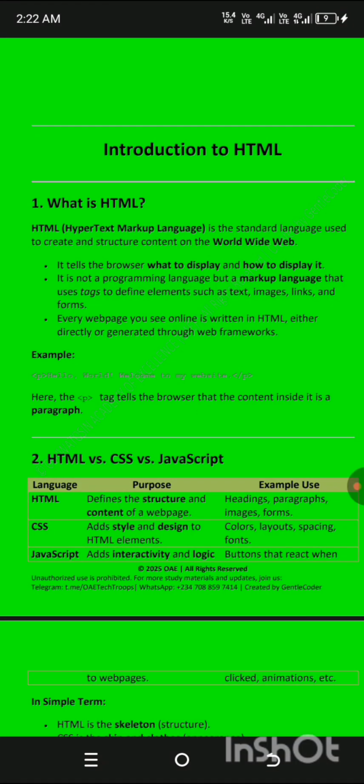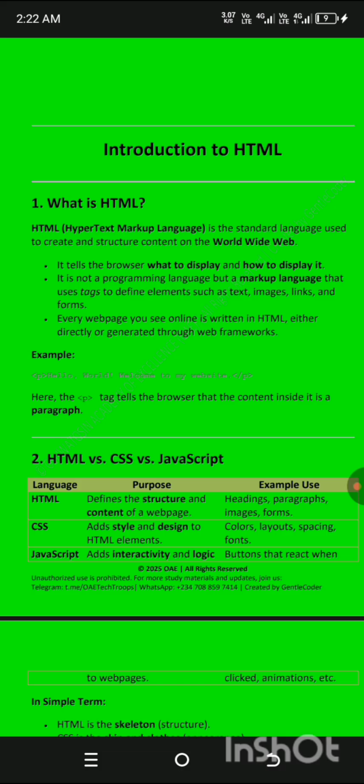In today's tutorial, I'll walk you through the foundation of web development, which is the real building blocks that every web page starts with. By the end of this video, you'll be able to structure your own web page from scratch, understand every part of an HTML document, and build your first mini project. Let's get started. So HTML is not a programming language, it's a markup language, which is the standard language